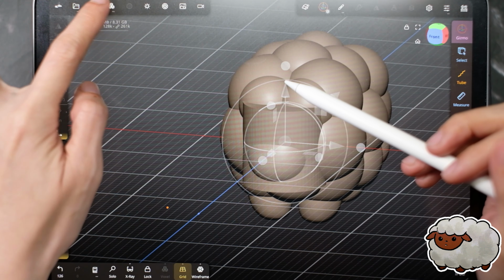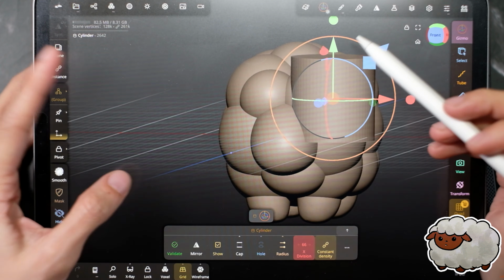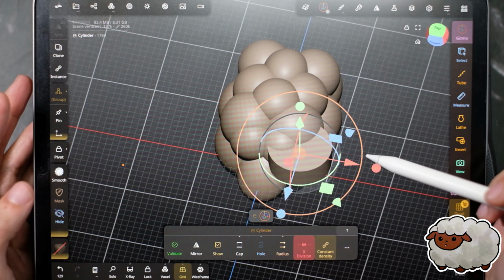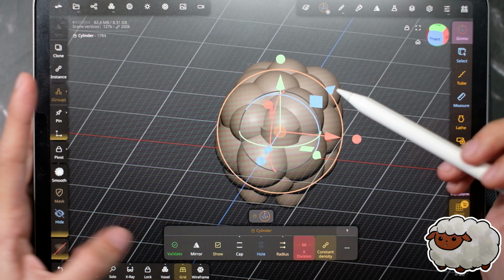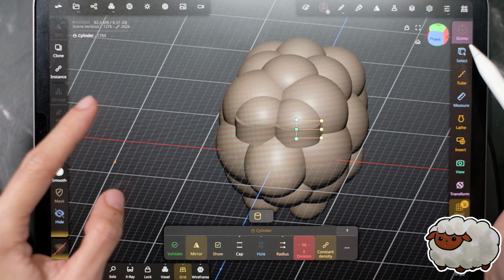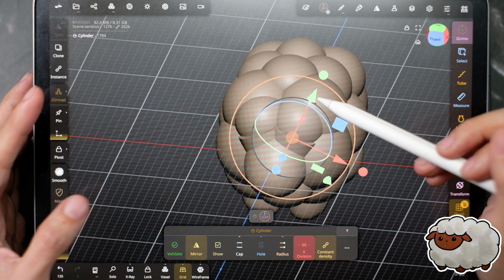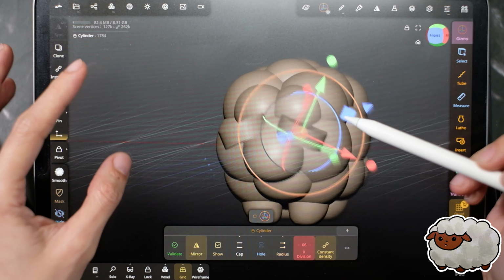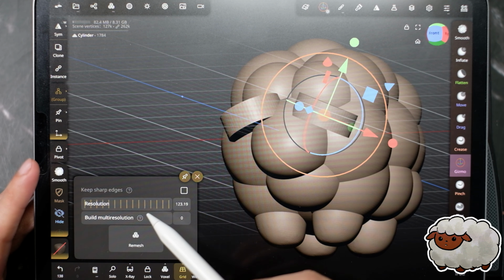Sometimes I click somewhere without knowing, and you just need to check the layers. So we want to mirror this because it's the ears, and then do some shapes here. Like this. We can validate,